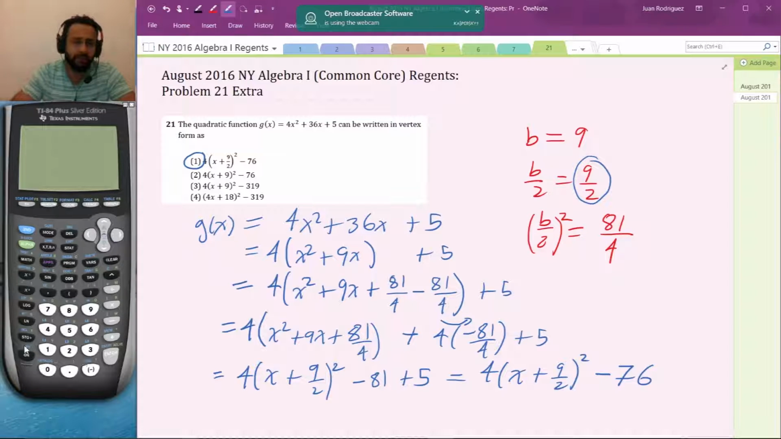I highly recommend that you check your answer by doing something like, let's see, turn on the calculator, y equals. So the original is 4x squared plus 36x plus 5. And a cool way of checking your answer is to make sure that this supposedly correct answer traces exactly this function. So the nice way to do it is to type it in with parentheses, and I'm going to show you what I do: x plus 9 divided by 2, squared